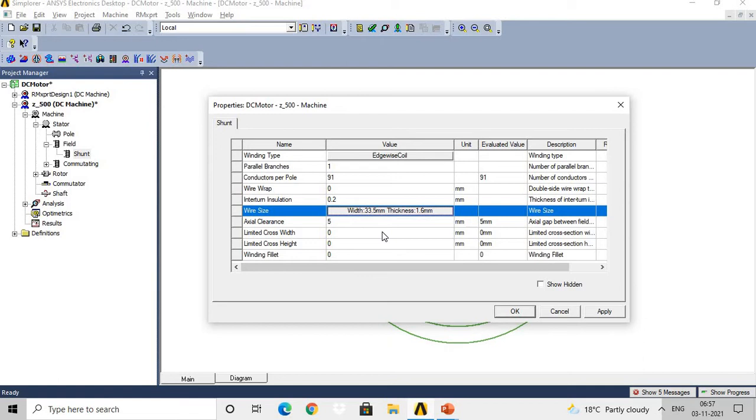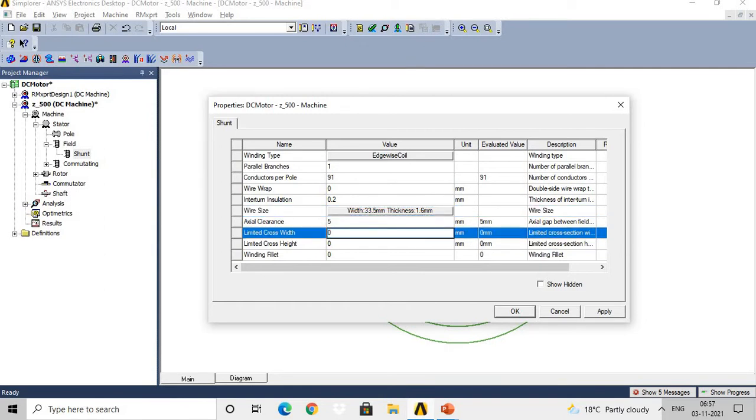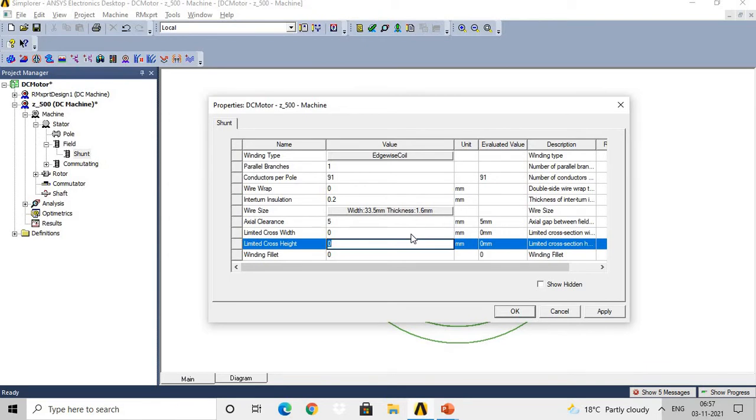Then limited cross width. What is the meaning of limited cross width? That is limited cross section width for winding design or arrangement, and it is 0 for available maximum area. So we have selected here 0 mm. Then limited cross height. What is the meaning of it? Limited cross section height for winding design or arrangement, and it is also 0 for available maximum area.